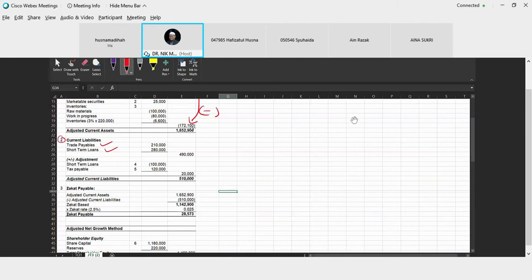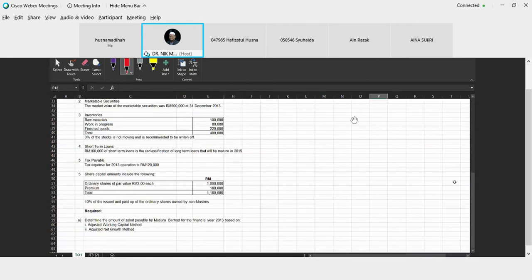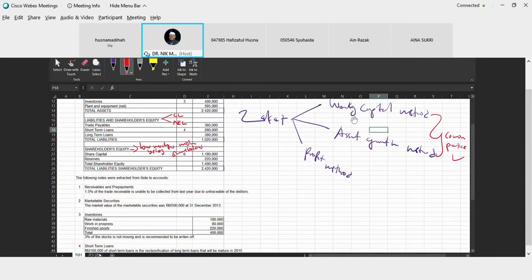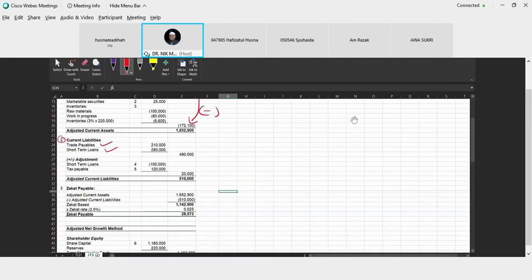Sometimes the question is going to provide information regarding the long-term loans, but this information is just going to test your understanding, since you are talking about the current liabilities portions. So you cannot take any information that relates to the long-term loans. Okay, so based on this information, you are going to have deductions for short-term loans and tax payable also,